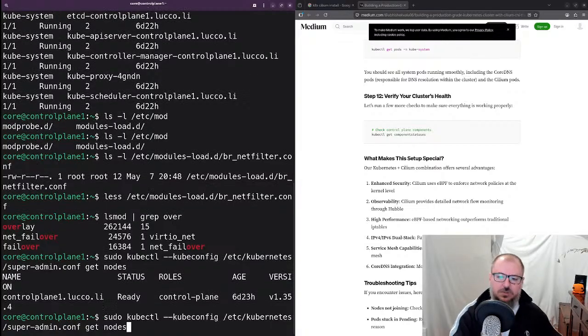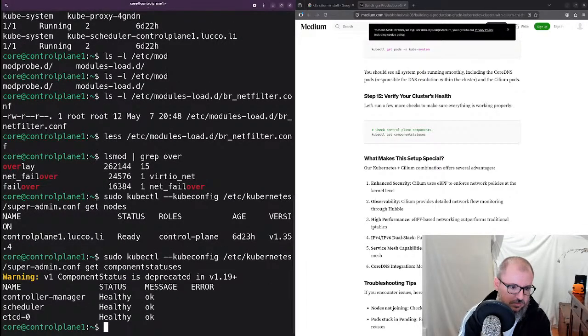Oh, this one I get component statuses as deprecated. Okay. An older guide, I guess, but I can still use it. I have everything healthy, to be honest, so